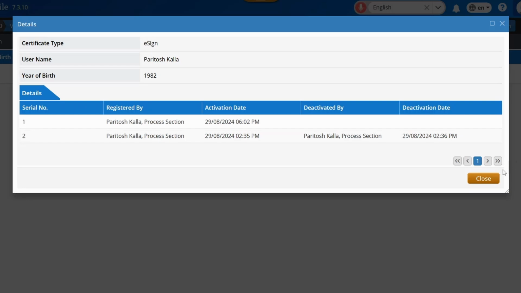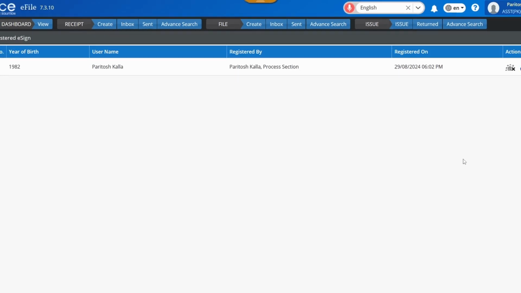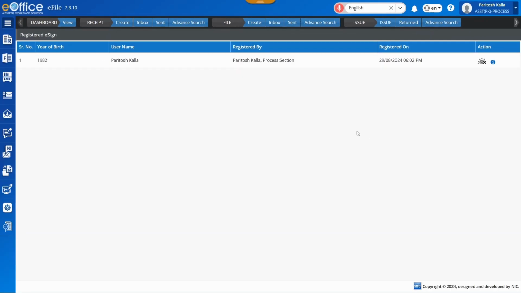It is important to note, once the eSign is registered, the user is not required to re-enter the complete Aadhaar number or virtual ID. Every time a file, receipt, or a draft is required to be e-signed, the user only needs to enter the last 3 digits of the Aadhaar number, and the UID token generated for this Aadhaar number at the time of registration will be used to carry out the eSign authentication every time. We will see this in the next section.